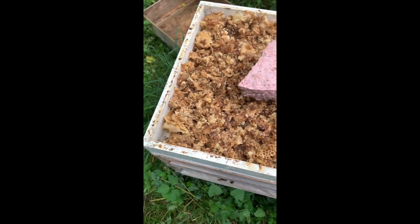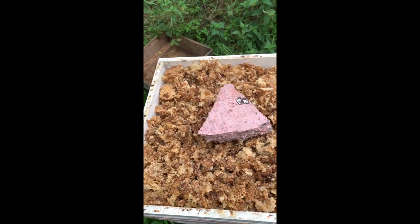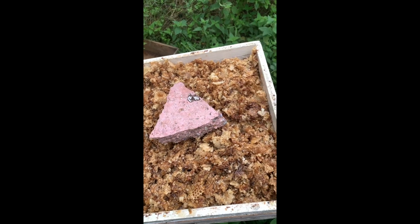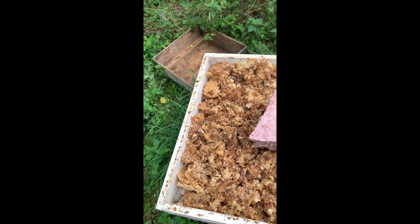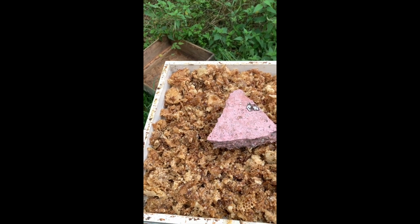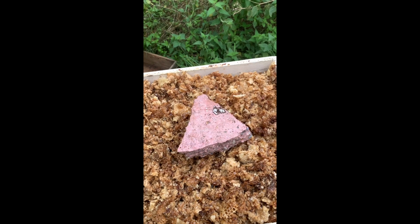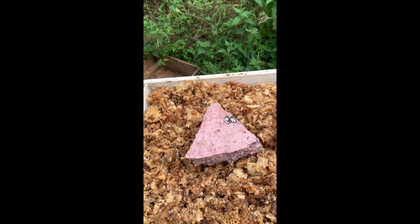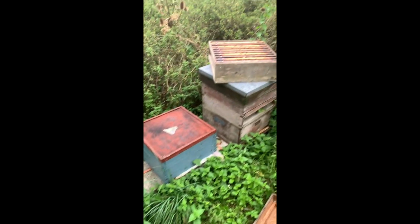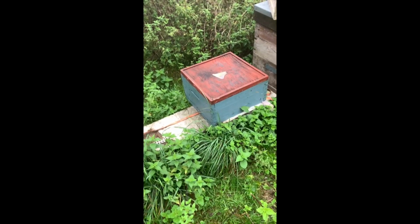Well, this is the first hive here, the other box of cappings. Now I may actually put more cappings on other boxes, but this is the first one. I just want to keep the bees out to start off with. Better get on with it. I'm going to put a wet super onto this box here that doesn't have a super on at all,